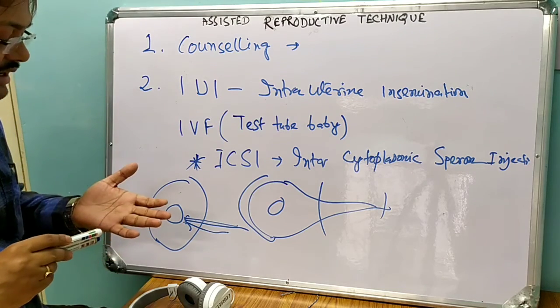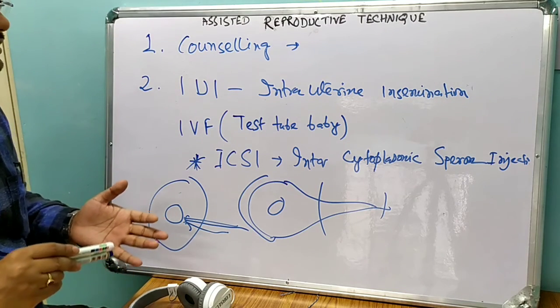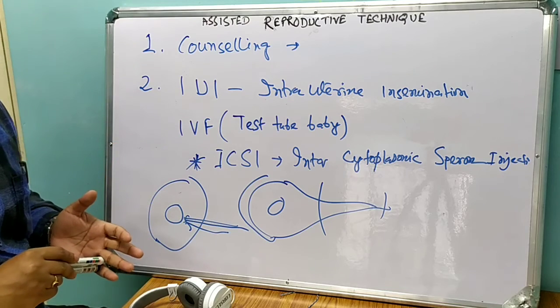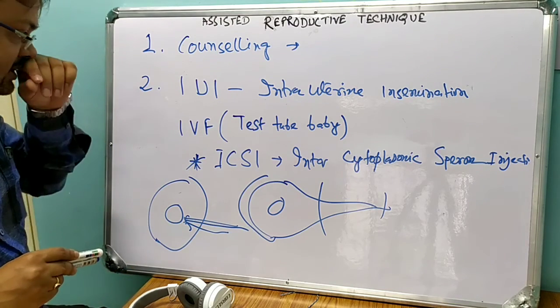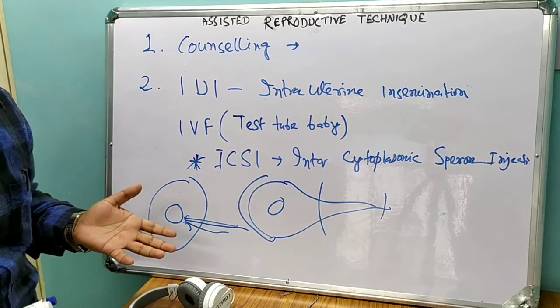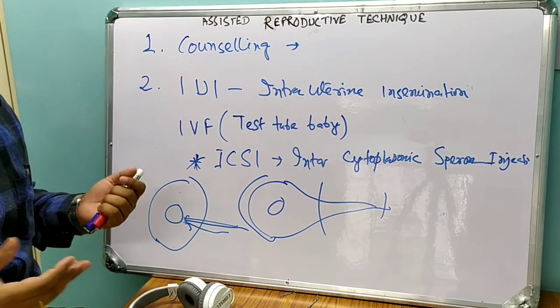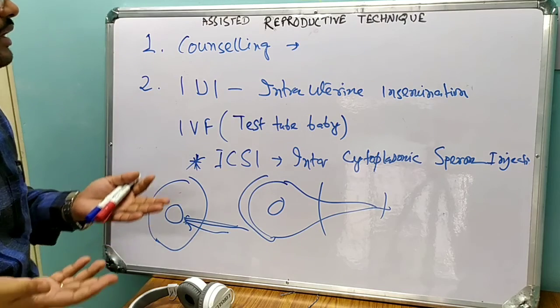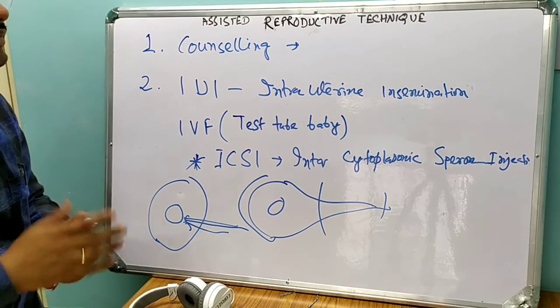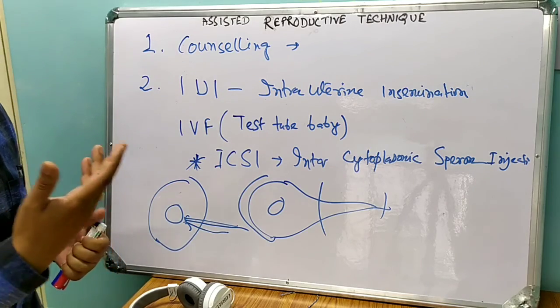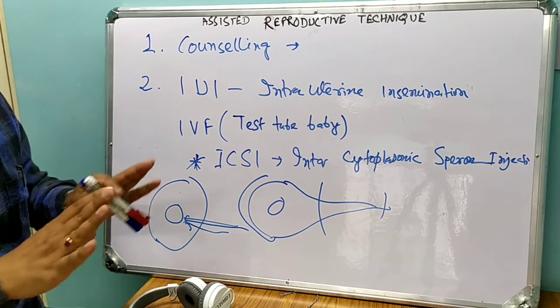So the complications are bleeding and infection, multiple pregnancies, and mental trauma. After considering all these things, if you find an infertile couple, you have to counsel them on how to go for it. And if none of these measures works,